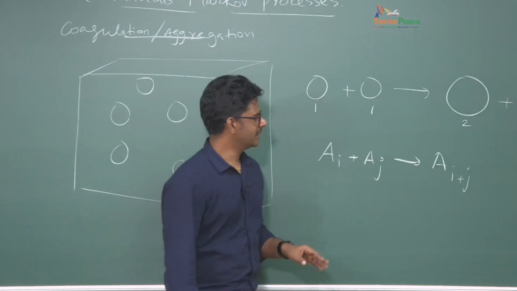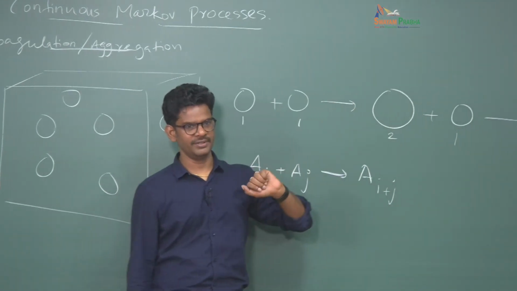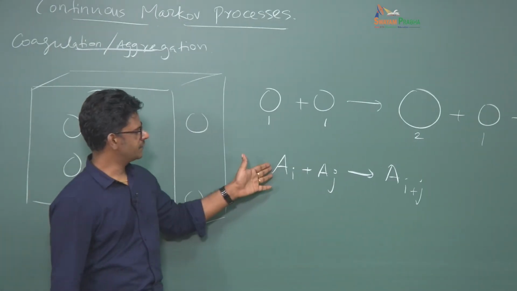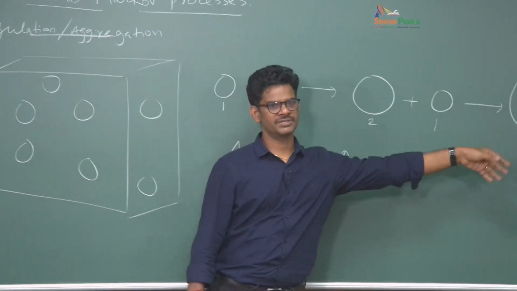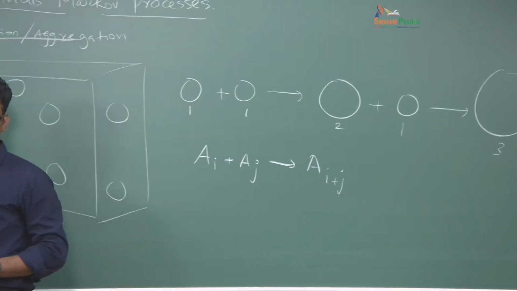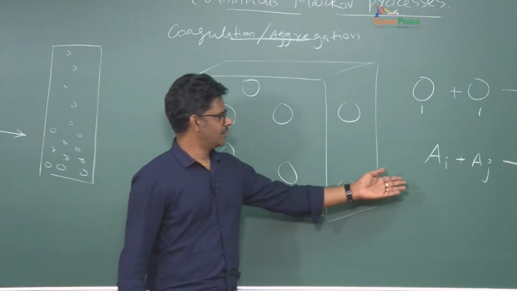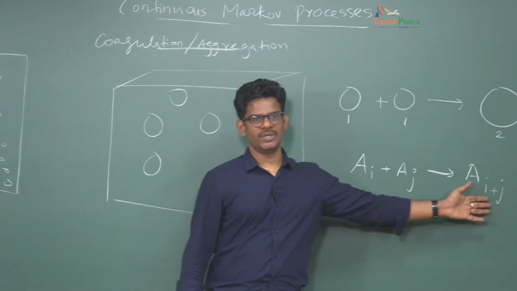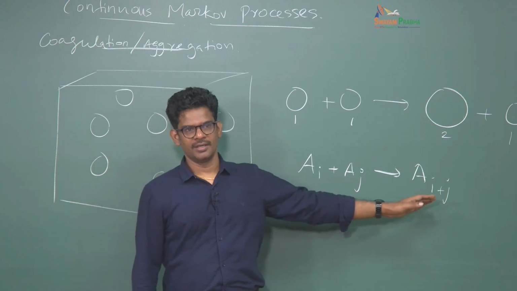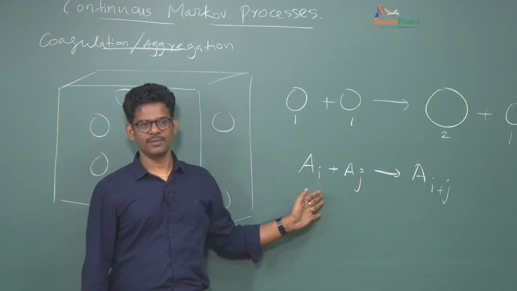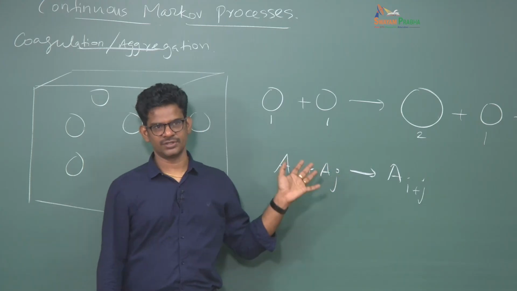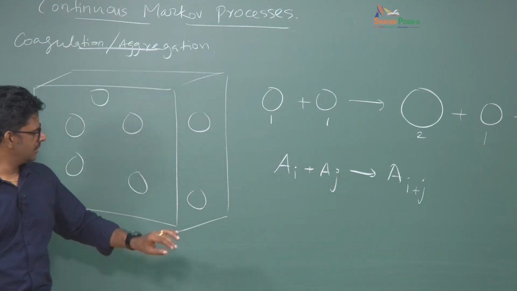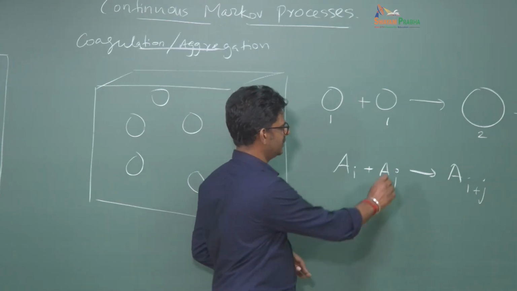as I said before, this process continues to happen, and then as a function of time we want to predict what is the concentration of monomers, dimers, trimers, tetramers and so on. So that's the ambition. Okay, that we can get by looking at an equation like this. We can write an equation similar to the chemical master equation and then solve for each species concentration as a function of time. Okay, so before we get there, there is something called the rate constant.